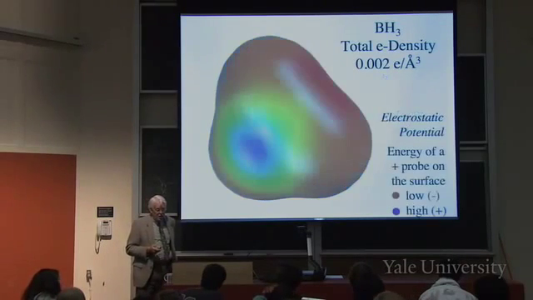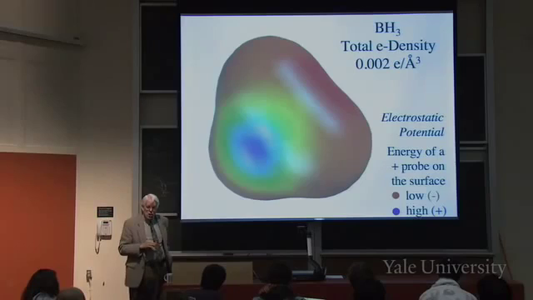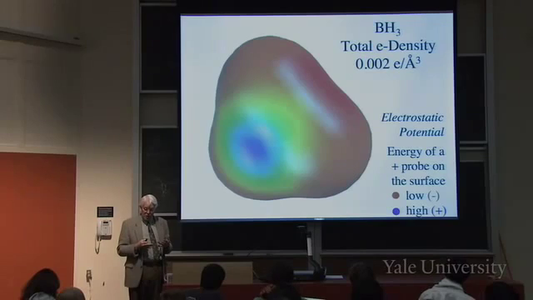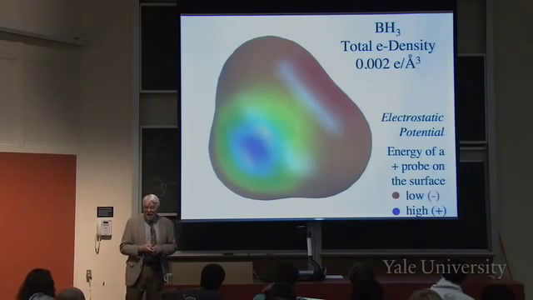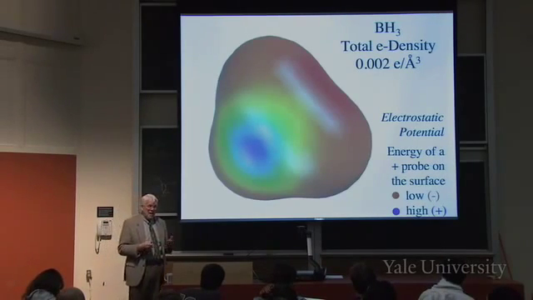That's a definition, right? And we showed once before electrostatic potential, where you show that same surface but color it to show how the electrons are distributed and the protons in the molecule. So where would a positive charge on the surface be happy? Where it's negative, that's red. And where would it be unhappy, the positive charge? Because the molecule is positive there, that's the blue. So you can see what it is. It's red where the hydrogens are because they're pulling the electrons, and it's blue where the boron is because it's giving up